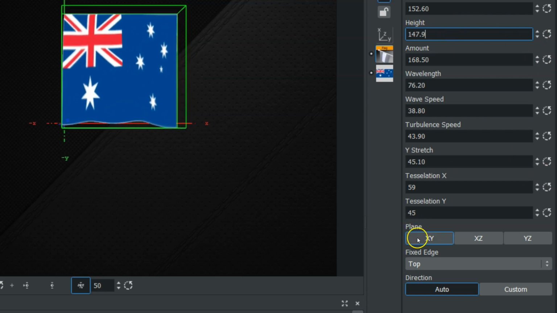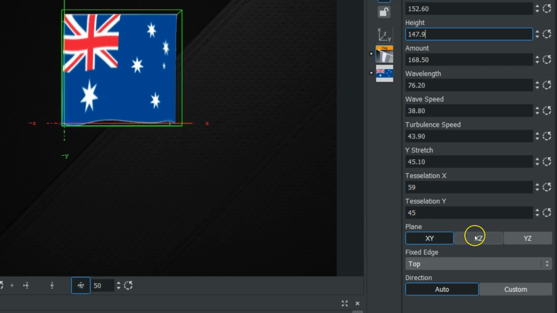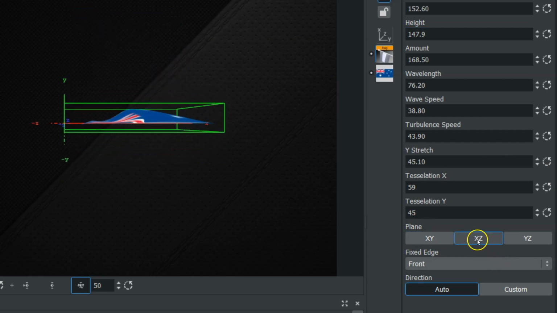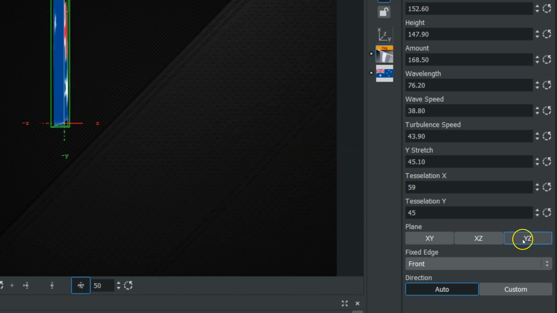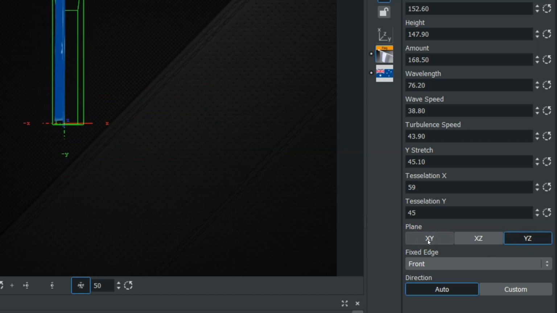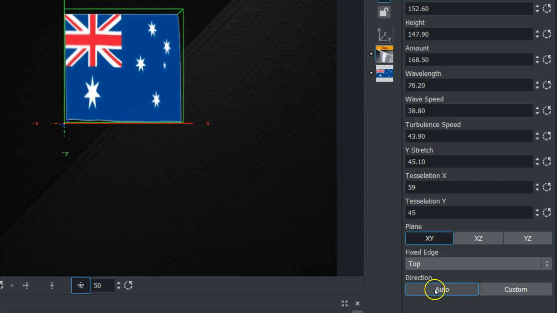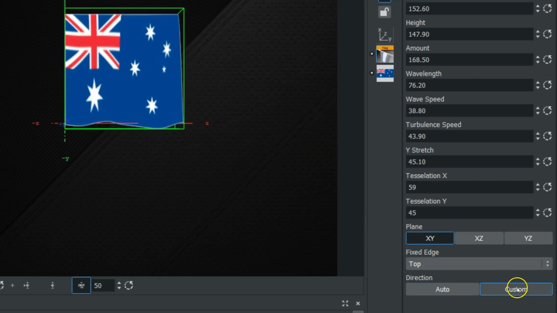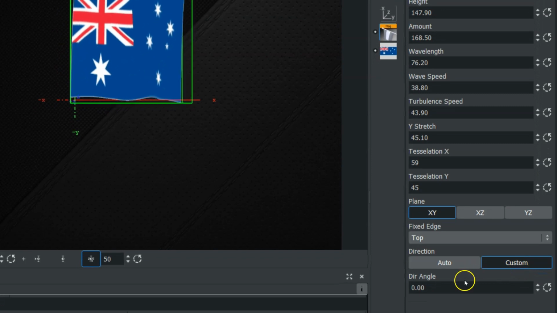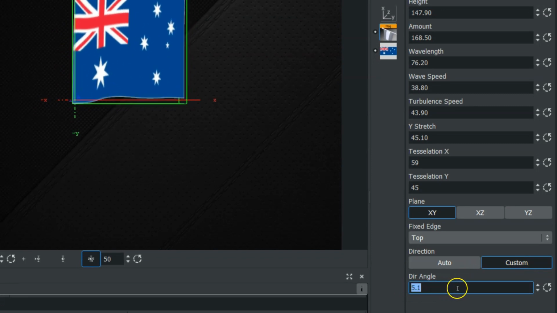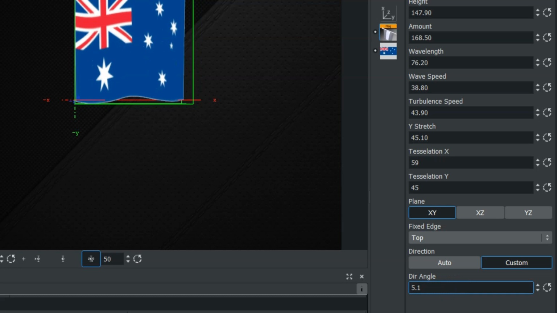There's also a plane down here set to XY by default. We can also change this to XZ or YZ, which will just rotate this flag on its plane. And at the bottom you have a direction. It's set to auto by default, but you could change it to custom. When you do turn on custom, you get a direction angle, which you can further increase to affect the angle